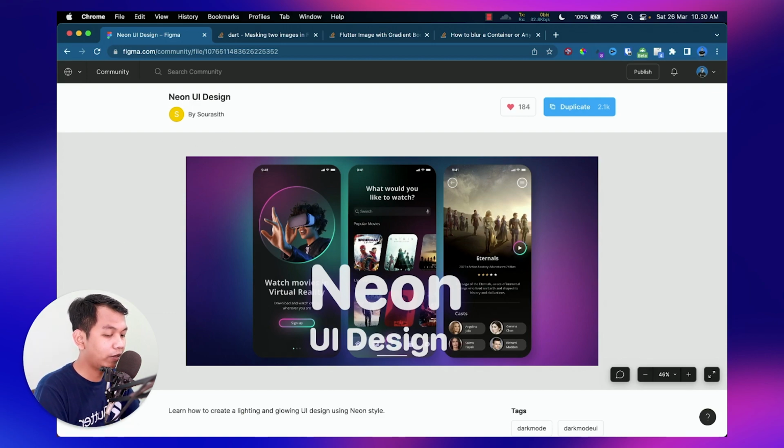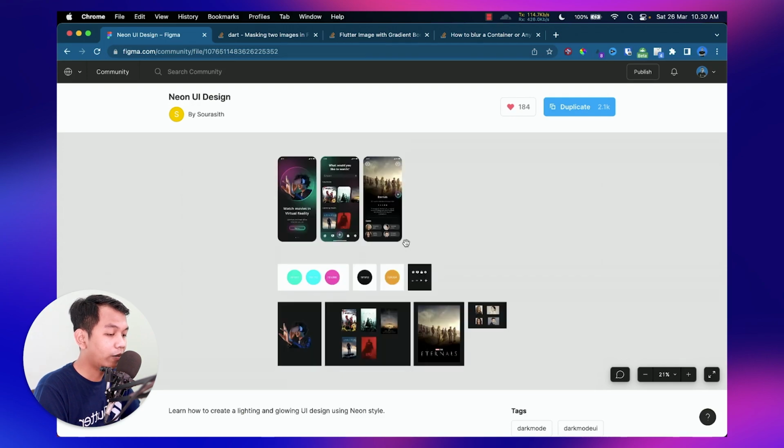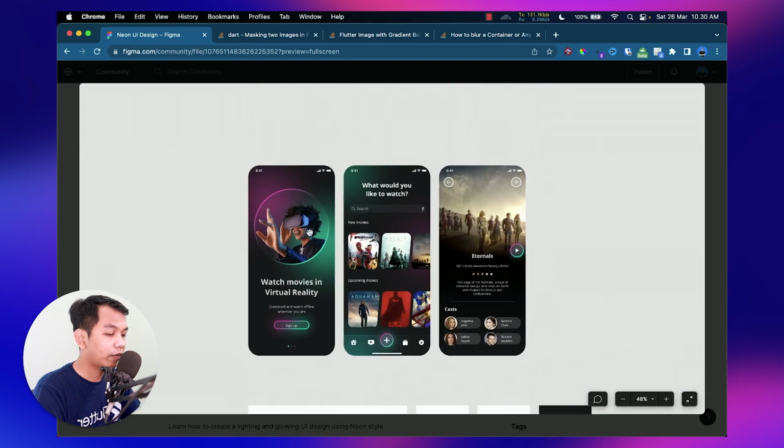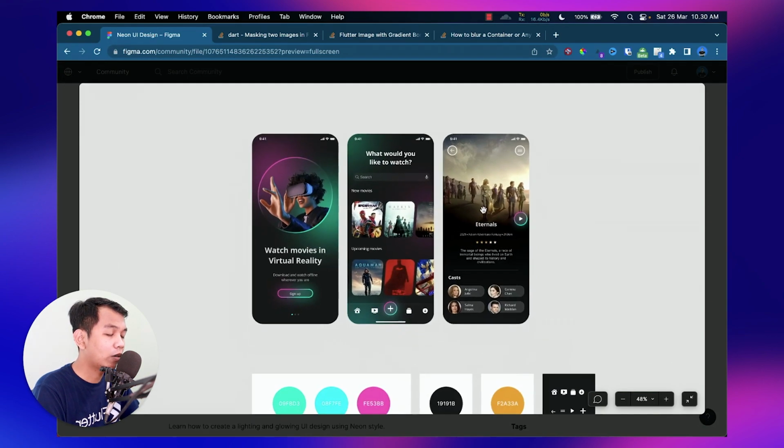Okay, so as we can see here, we have 3 screens: onboarding, main page, and movie detail. But for now, maybe we will just cover 2 screens, and in the next section, I will cover the next screen.